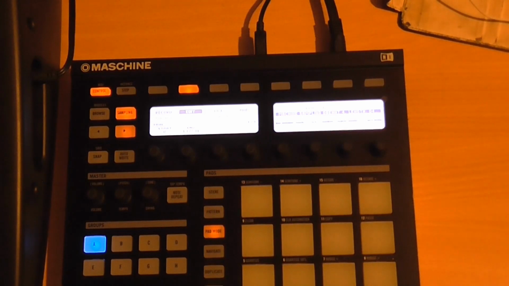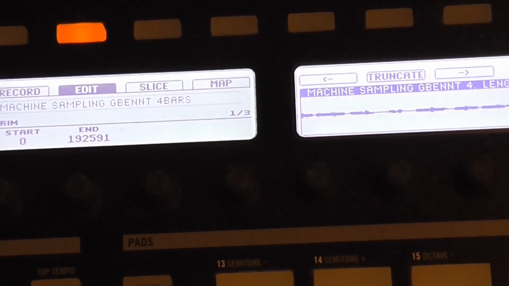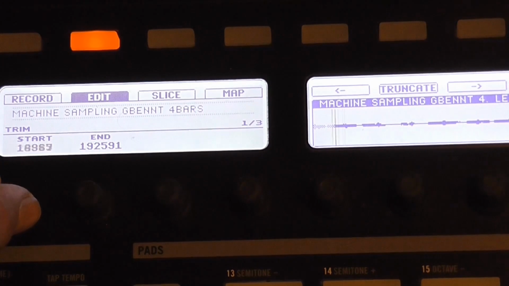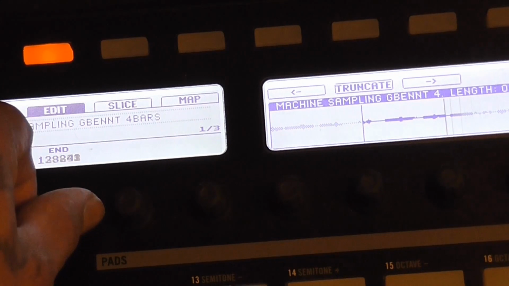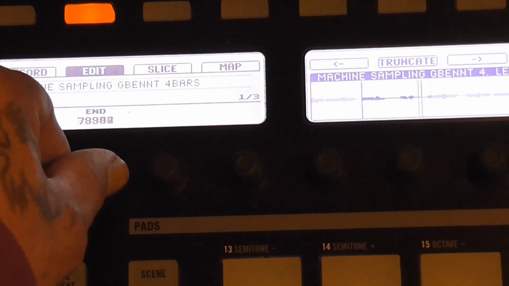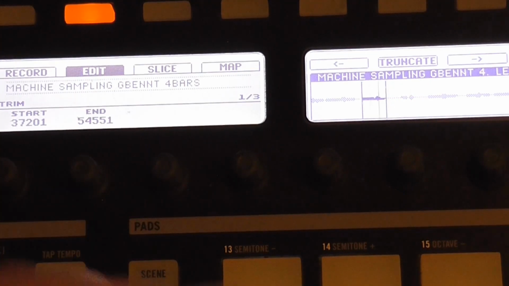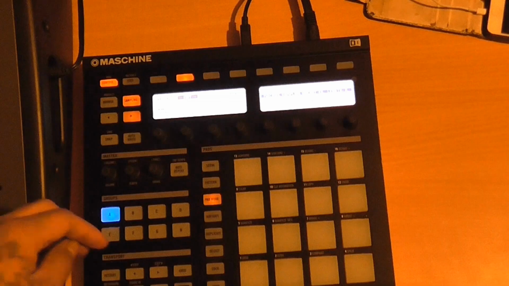Now if there was a certain section that you particularly wanted, for example a snare or a bass kick, or a little bit of a flick from one of the instruments, all you have to do is press edit. You can go through and individually find the point by using the start trim and also the end. And if you just want that little bit, maybe you hit truncate. Hit that, and that becomes your entire sample. So on your pad,